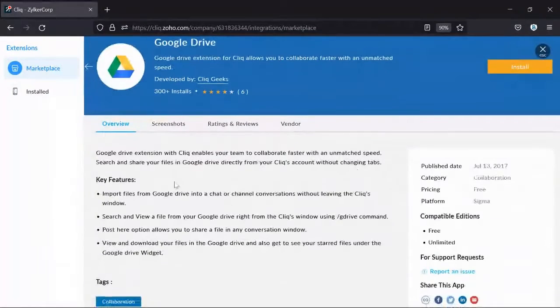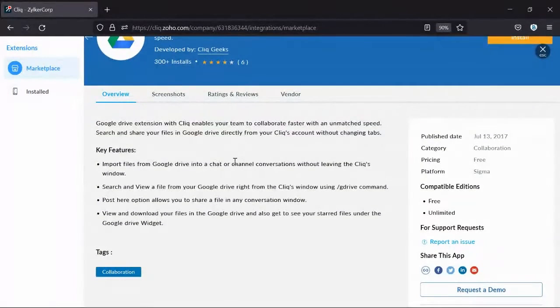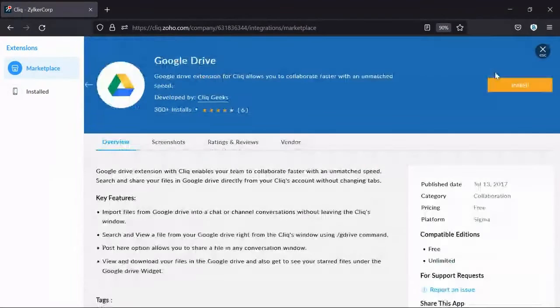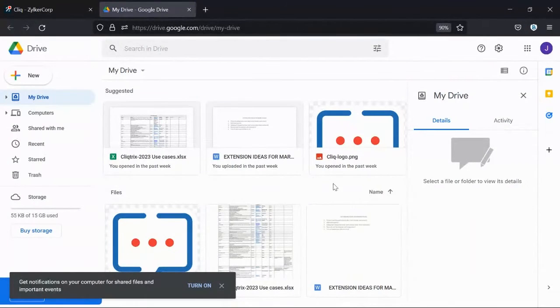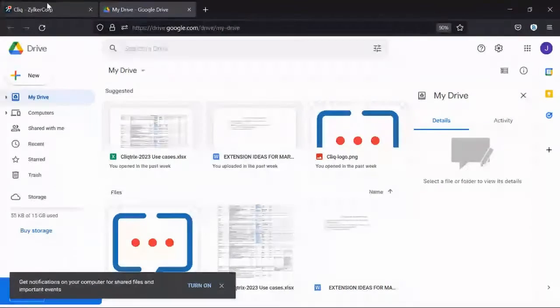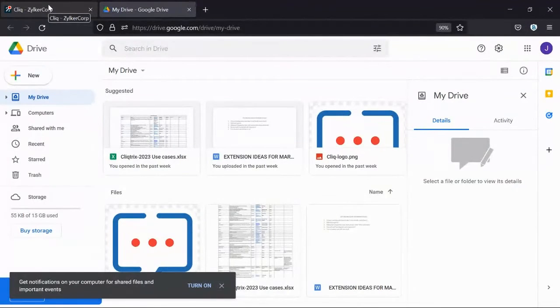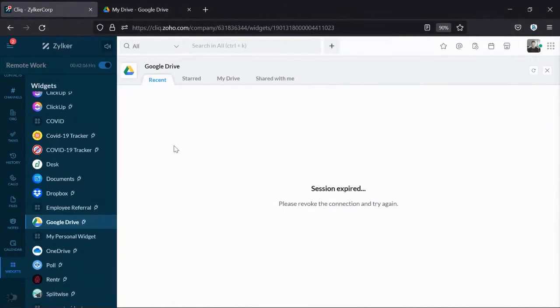Now here, you can see that it supports a widget and it also supports a slash command. If I open my Google Drive, these are all the 3 files that are present in my Google Drive. So we have to create a widget. We need a Google Drive widget, which is going to take all these 3 files and import them